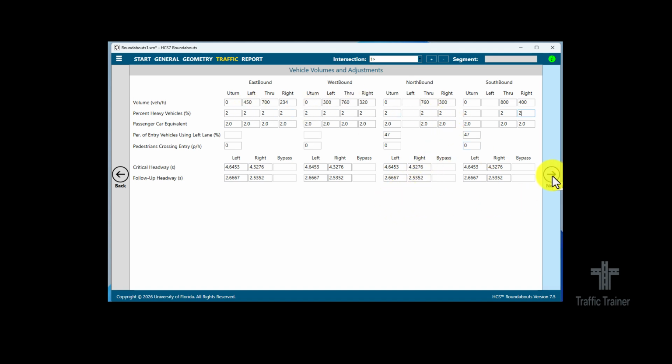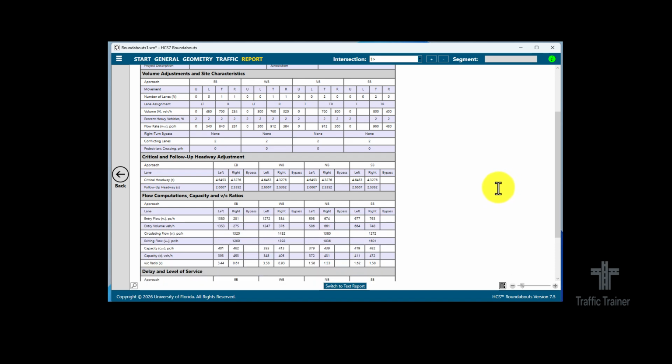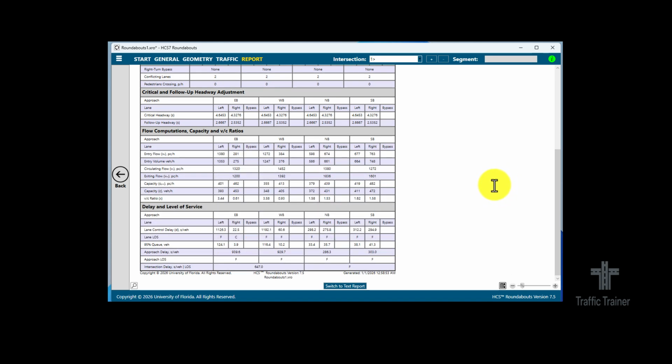Then we can just click next, and here we have the analysis for our roundabout. You can see that this roundabout right now is not good. The left turning demand on the various approaches is very high. You can see that the delay is quite high on all the approaches,